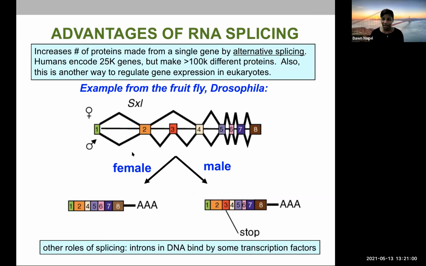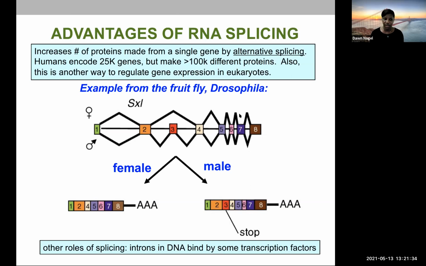So we know that RNA splicing is important, right? So many genes in many eukaryotic organisms undergo alternative splicing, instead of the traditional splicing where all of the exons are spliced out. There's some alterations to that, okay? And this type of splicing depends on the developmental stage, depends on the gene, depends on the environmental condition,